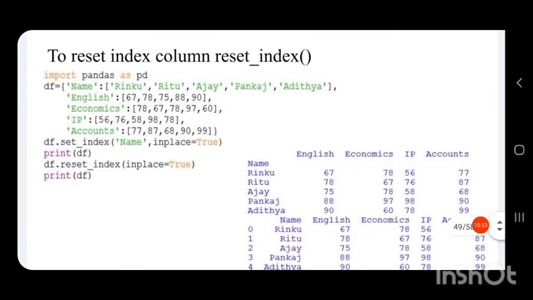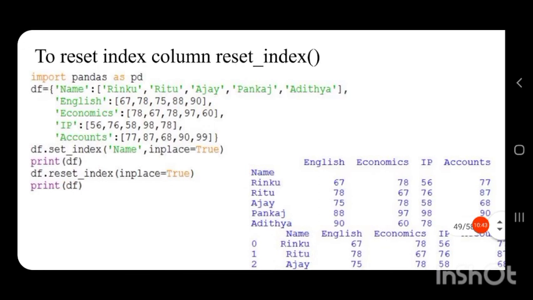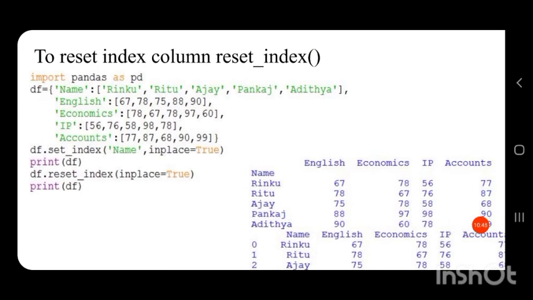This function will change the index value to its previous state, that is in the form of 0, 1, 2, 3, 4. So first we import our pandas library, pandas as pd, then df is equal to